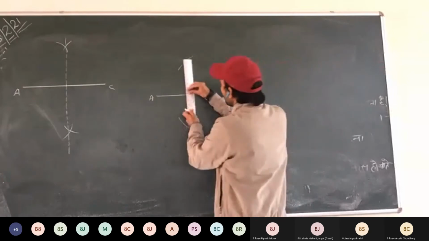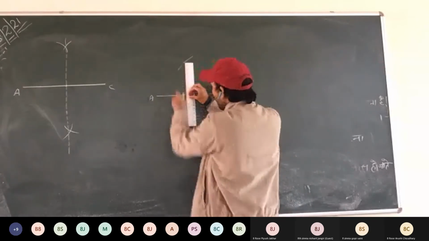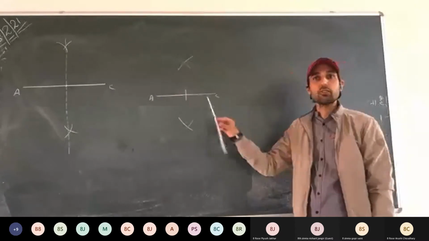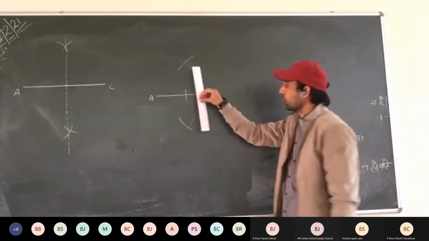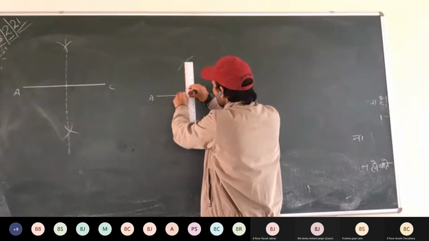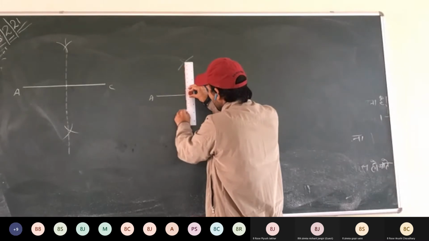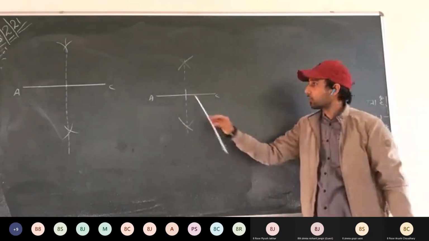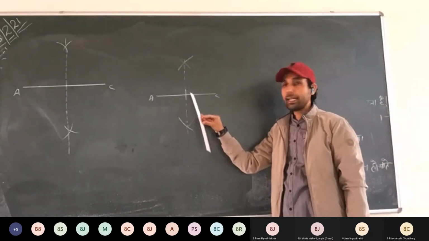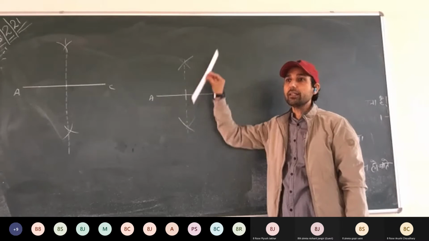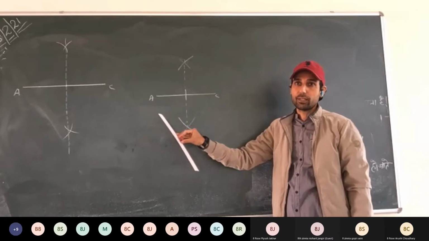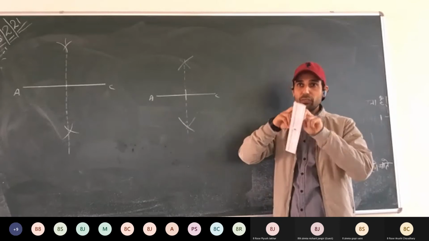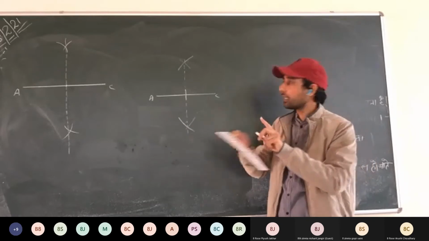Now, see here, put the scale, either join them or just do it like this, because you have to find only the midpoint. Or you can draw dash, dash, dash lines. So we got the midpoint of the line, and this is the point where the other diagonal will be passing through. This is the point where both the diagonals meet.